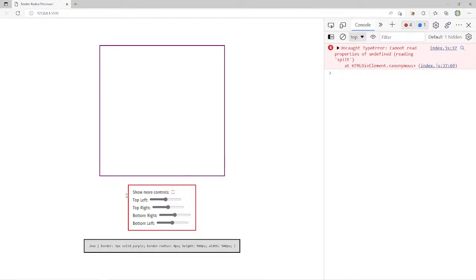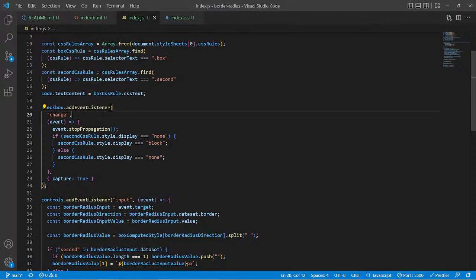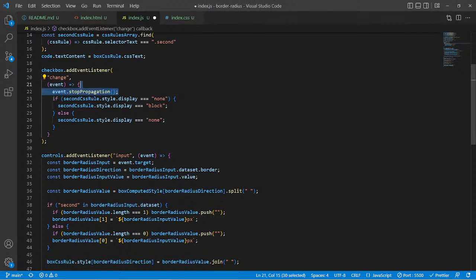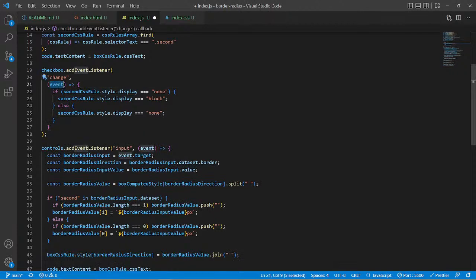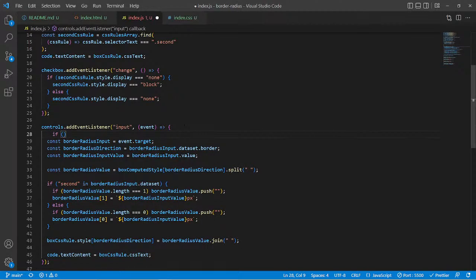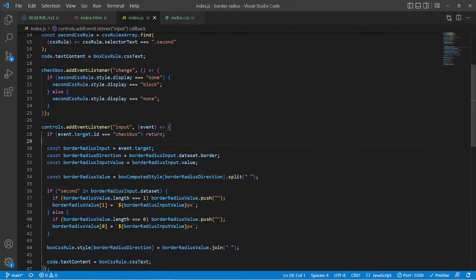That's a little bit unfortunate because I would definitely like for it to still remain in here. I mean, what we could do is, you know what? Maybe we shouldn't check to see. I think let's do this instead. So we'll remove all this. Inside of here, if event.target.id is equal to checkbox, here we can just return. So this should work. Maybe it's not my favorite way of doing it, but